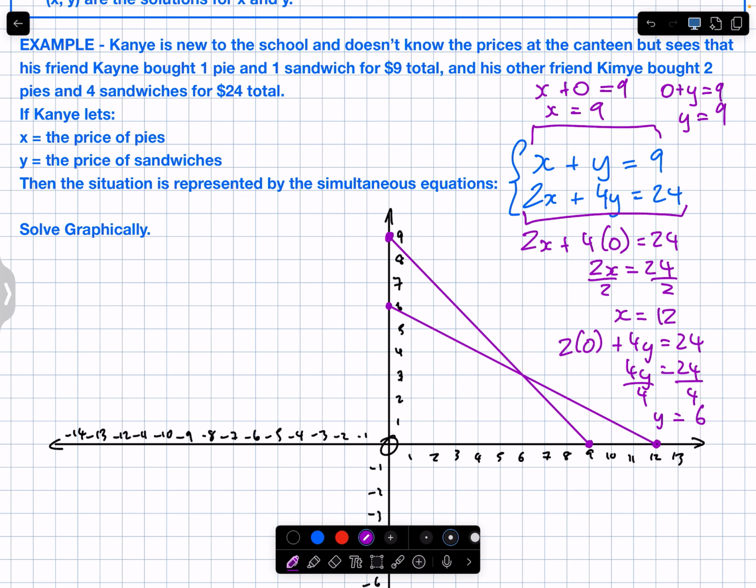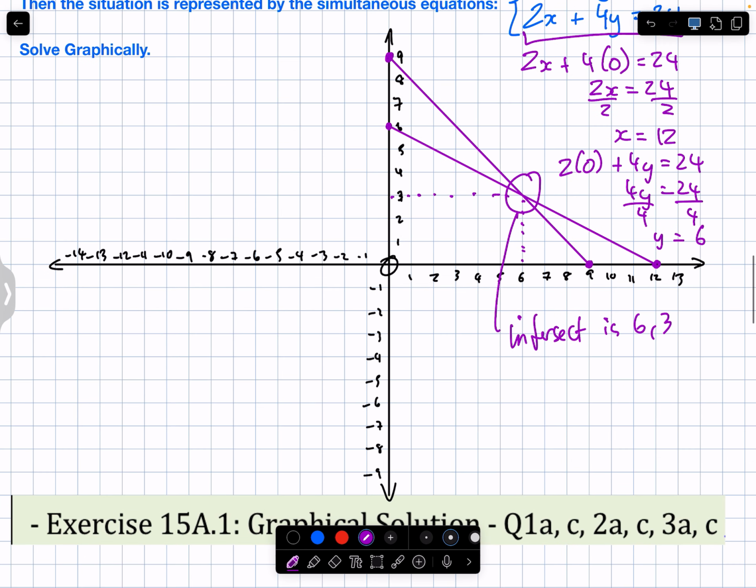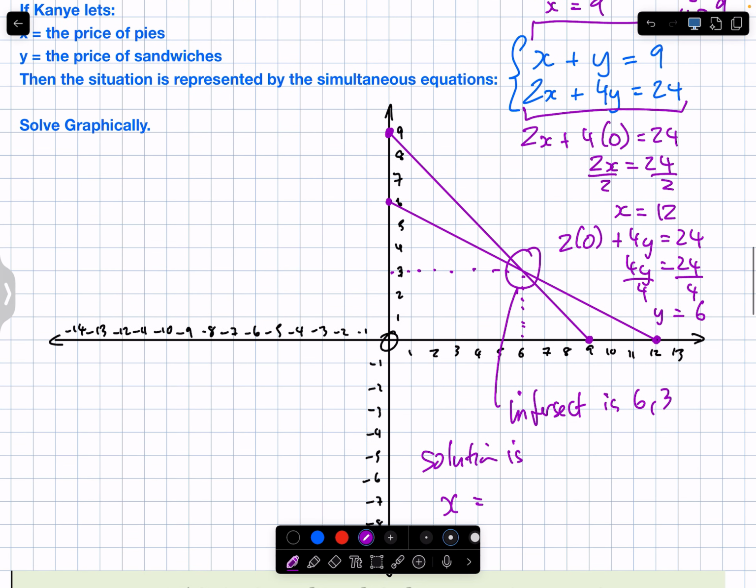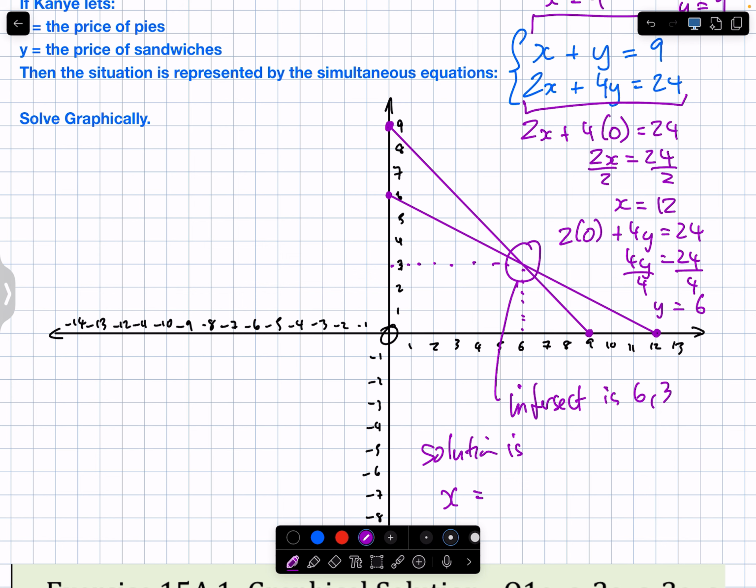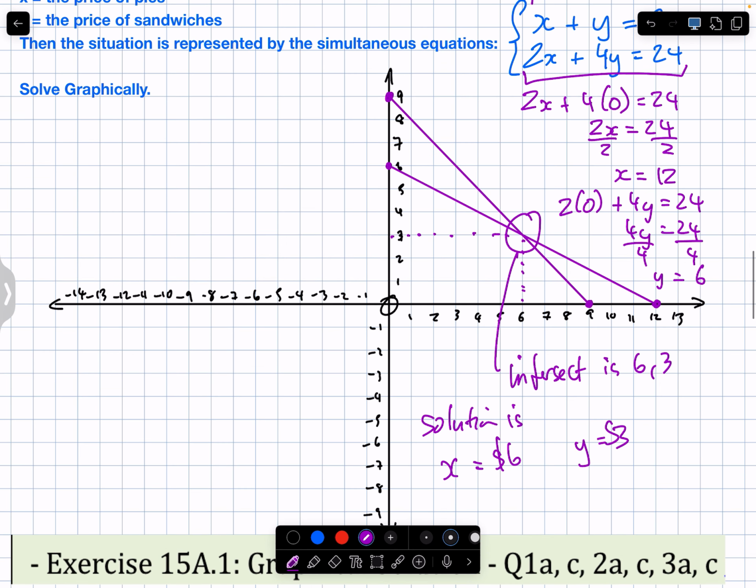Do those 2 lines cross each other? Whereabouts are they crossing? They're crossing at 6, 3. So the intersect is 6, 3. So your solution is, what did we say x represent? x was the price of the pies, right? So what is that saying? The pies are $6 and y is $3 for the, what was the other thing they were buying? Sandwiches. $3 sandwiches